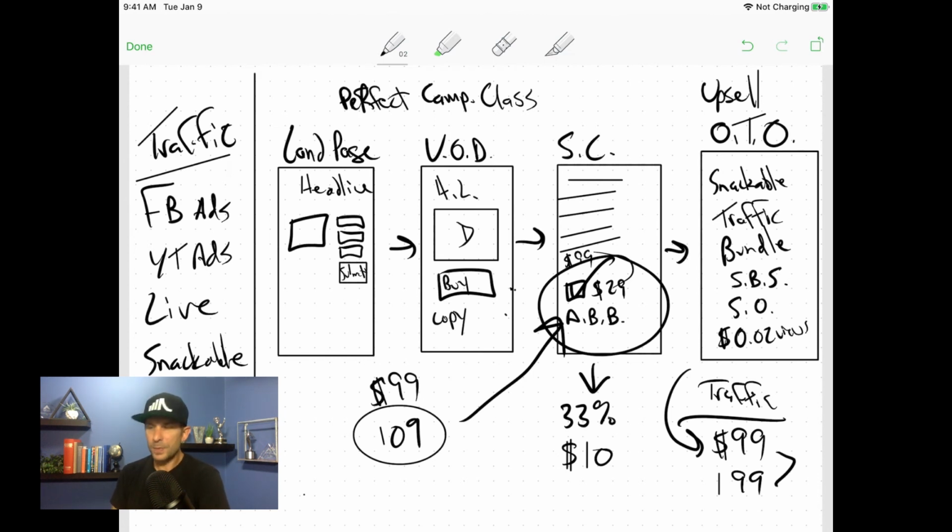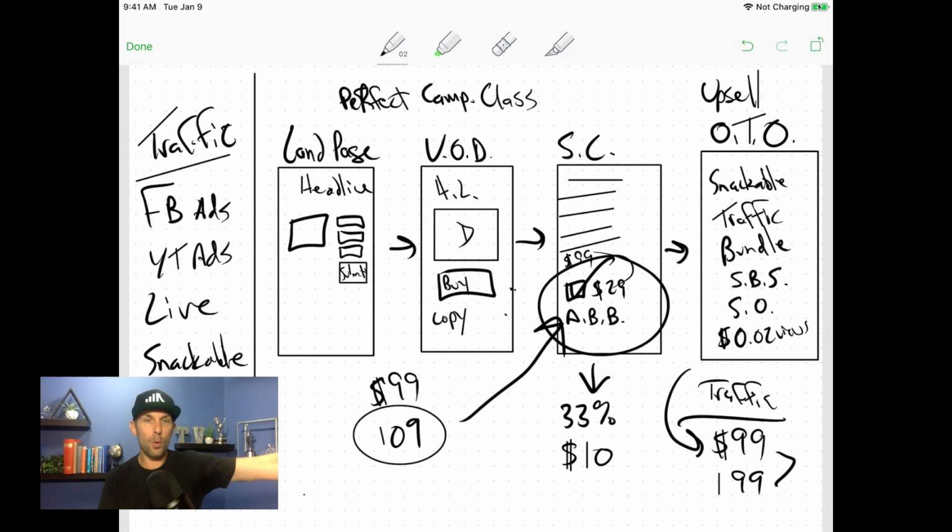Now, if you get, let's say 5% of people to add the $99 thing, you're adding another $5 average order value. If you're getting 10%, you're adding another $10 in order value. If you're selling at that $200 product and you're getting 5%, you're getting 10%, $10 more, $20 more, $30 more. So all of a sudden your average order value now goes from 99 to 109 to 129 to 139. It could get exponentially higher, and now you can afford to spend more money on